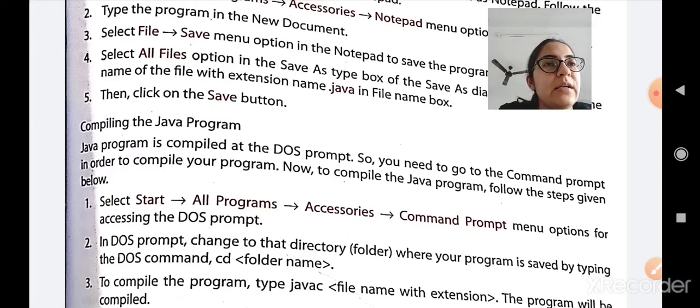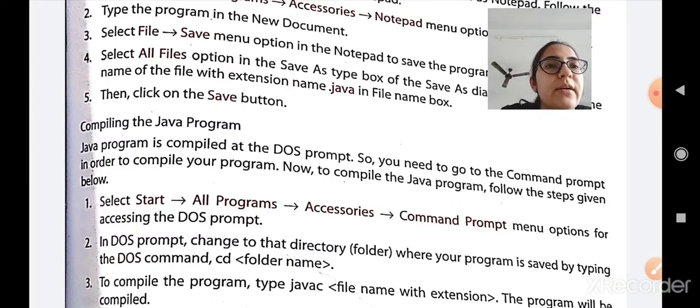Now to compile the Java program, follow the steps given below. First, select Start, then All Programs, Accessories, Command Prompt to access the DOS prompt. In the DOS prompt or command prompt, change to the directory folder where your program is saved by typing the DOS command cd and the folder name. For example, if your file is saved in the D drive, then first you have to go to the D drive.